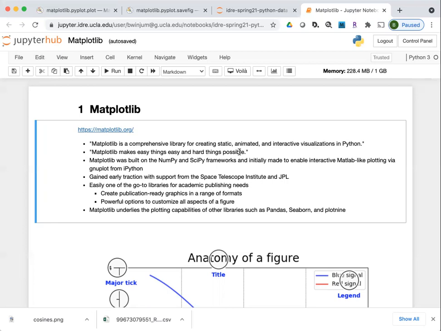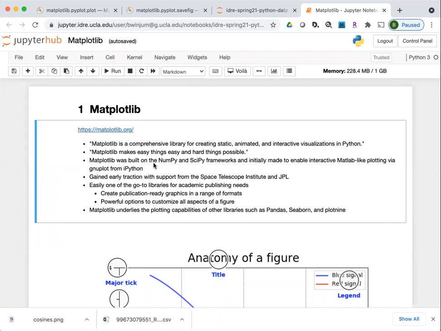As we'll get to in just a second, there's a higher level submodule, where it's easy to write commands to generate initial graphics, but then it's also possible to access things on a much lower level where you can really tweak individual things inside of the figure. So the easy things easy is the high level submodule that we interact with. The hard things possible means that there are a lot of things that you can tweak with the graphics with this library. And Matplotlib offers you a very low level way of altering graphics.